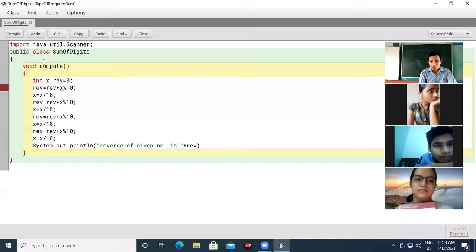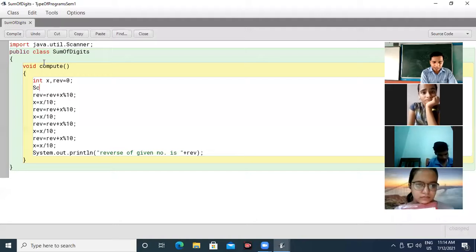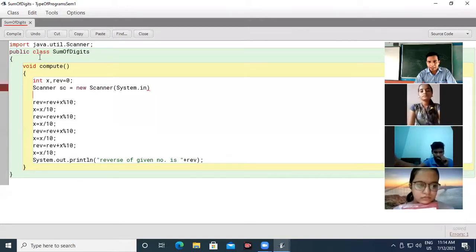And after that, I am going to create an object of the Scanner class: capital S, Scanner, SC equal to new Scanner, then in the bracket System.in, where S should be capital. Okay. After that, here termination mark.